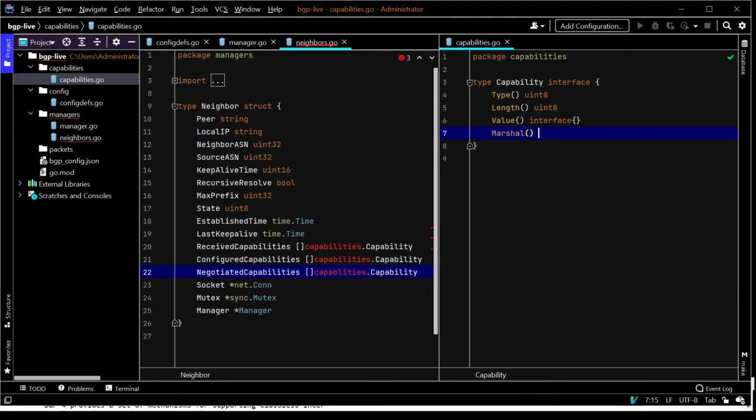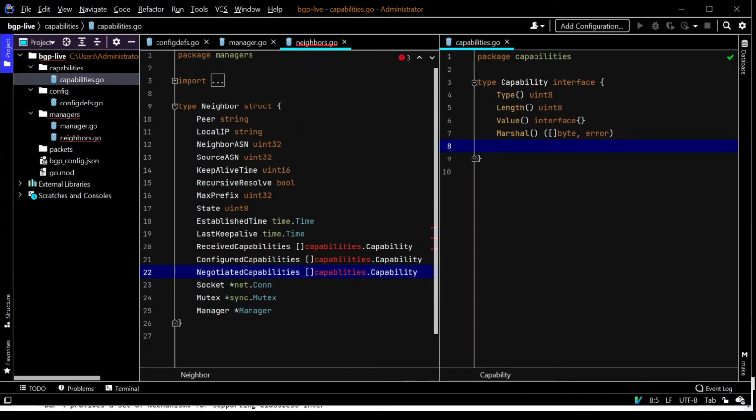We're going to put a Marshal in here, and that's going to return a byte or an error. Marshal is basically what we use when we need to take a capability and turn it back into a byte array. Then we're going to put a resolve name in there, and that's simply so that if we want to know what this capability is in human words instead of just a capability code, there's a function that's going to give me back the name of it. And we're going to put an original in here, which gives me back a byte. Now, the original is so that if I've got a capability and I'm just adding it to another packet, and I don't want to have to actually process anything in there because it doesn't really matter, I just want to get the original. That's a quick way to do that. So that creates a capability interface,